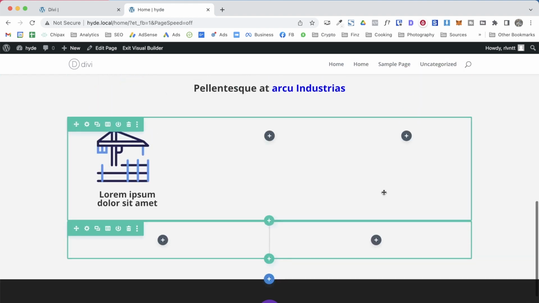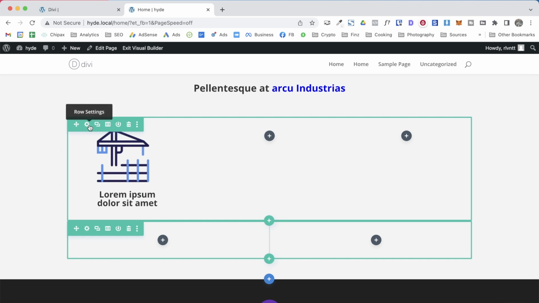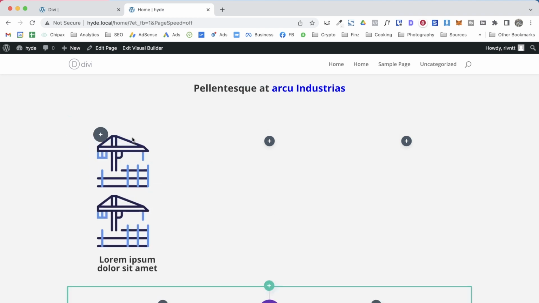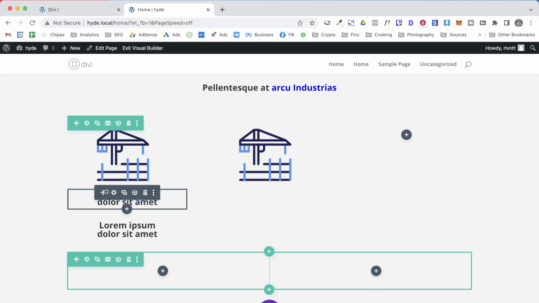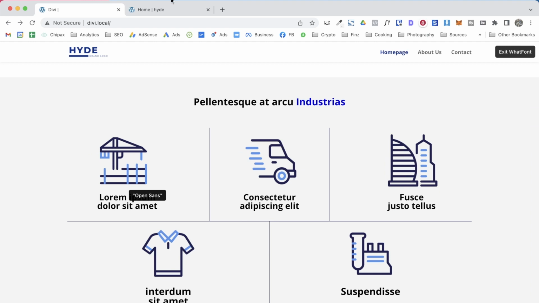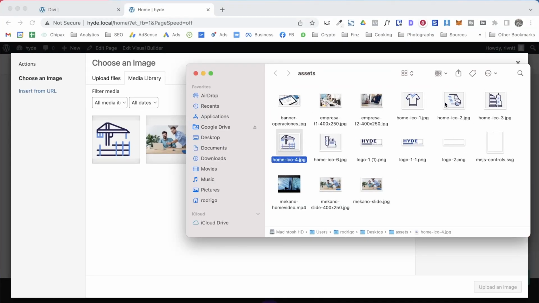So why I wanted to make this column first, because here again I have different ways to create the other columns. For example, what I can do now is to duplicate these elements and just drag them here and here, and now I just can replace this image, right? So here,